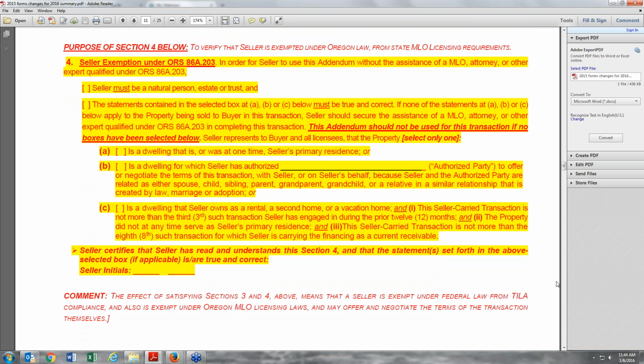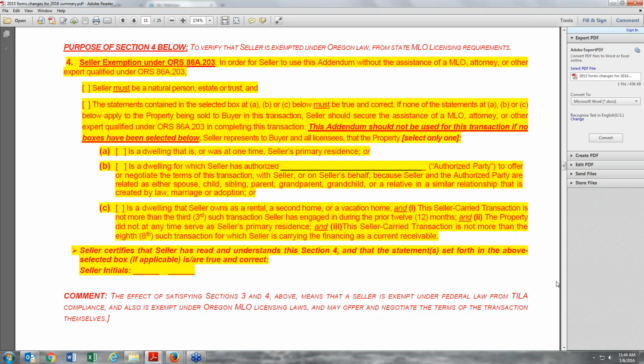And that during the preceding 12 months, seller did not enter into more than one seller-carried transaction that involved terms making it a high-cost mortgage. Now, just as an aside, if you look at the advisory, it defines what a high-cost mortgage is. And as I'm going to say later, but I'll say it now, if your seller thinks that they want to put the screws to the buyer with onerous terms or something like that, this is not the place to be doing it in a seller-carried transaction. Because if it's a high-price mortgage, then that triggers the MLO law. So in any event,